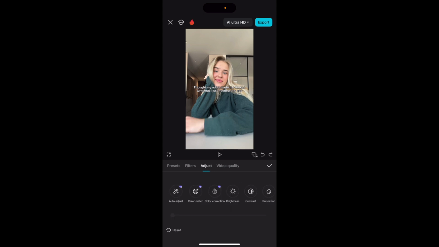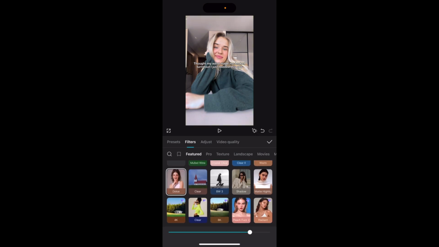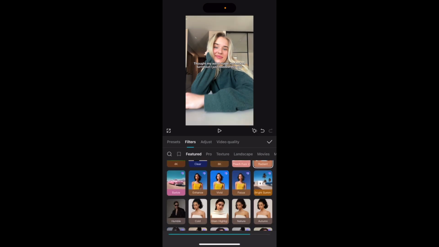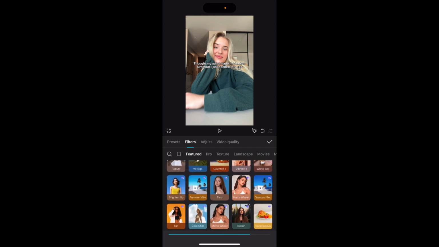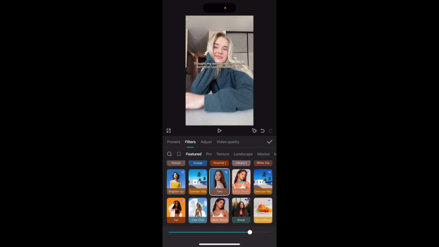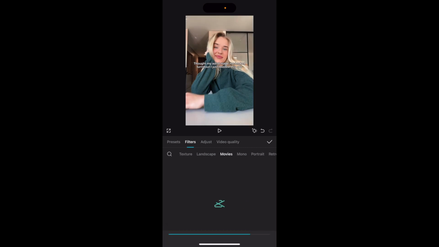So what we are going to do is we can do this a couple of different ways. We can go to filters and we can scroll down to anything that looks vintagey. So think anything that's going to be more of a warm tone, anything like this, and you can adjust from